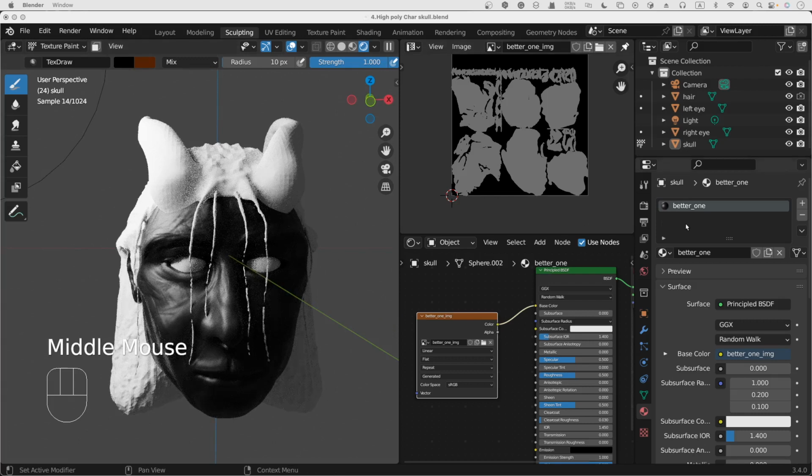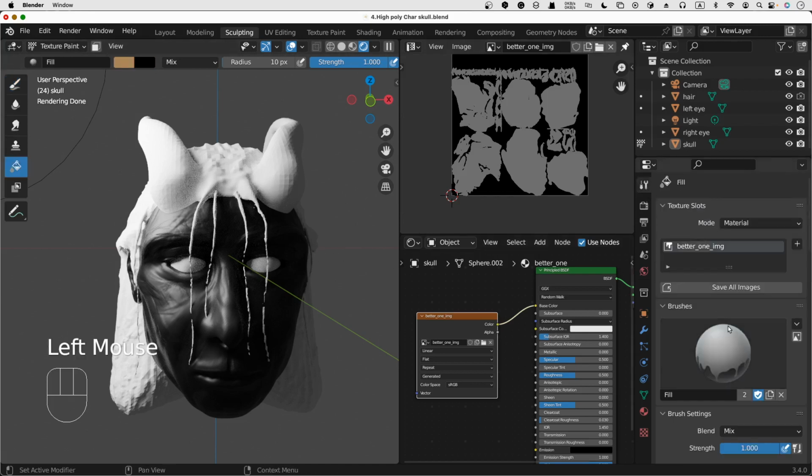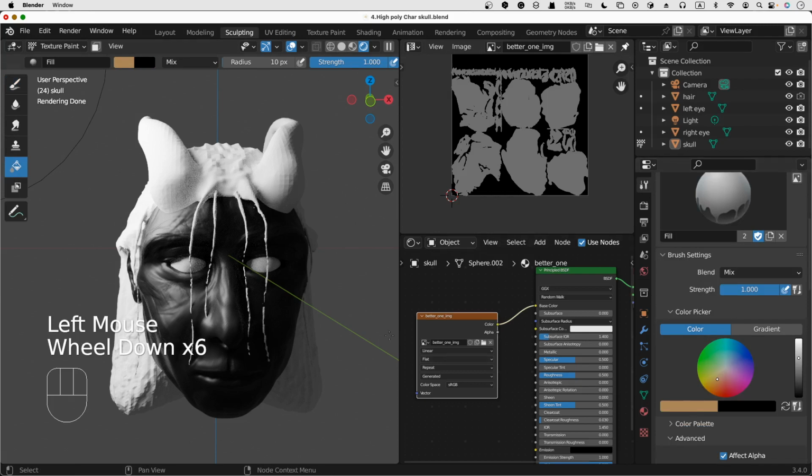Don't forget, if you haven't seen these changes, you need to choose the original material and delete it, remove it from the material stack, and you got this better one show up, and then you can fill again, right? You can just get a certain color and choose that certain color. You click on that, you can fill that base color, and then you can draw this better one, the facial hair, this